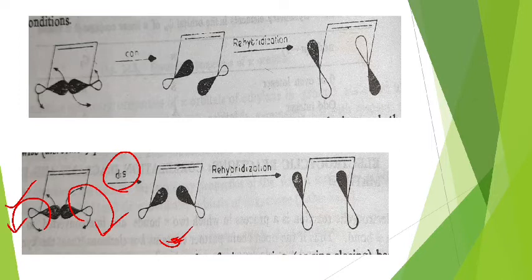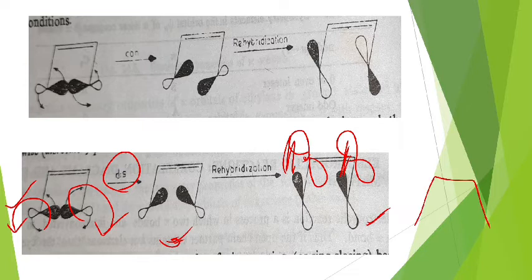In this case, both sigma orbitals of the same phase are present in the same plane, which on rehybridization of the sp3 sigma orbital form pure p orbitals. The p orbitals of the same phase are in the same plane. Then these p orbitals overlap with the pure p orbital present on the adjacent carbon to form butadiene.